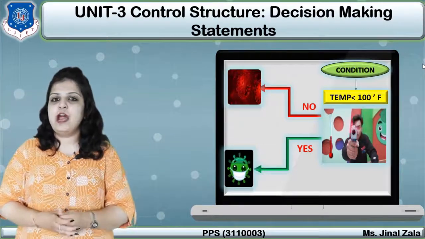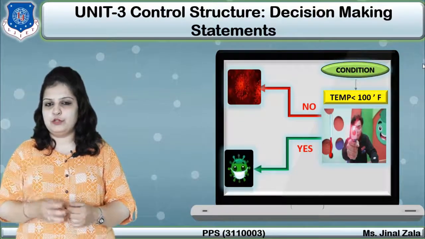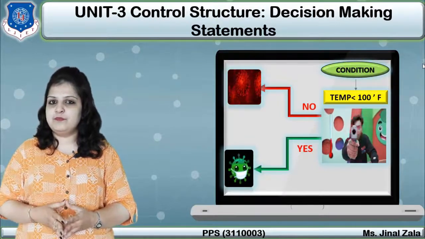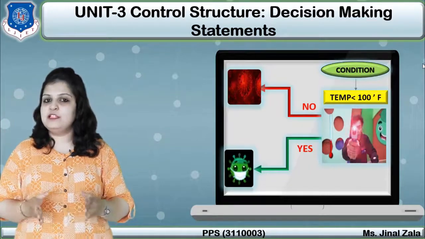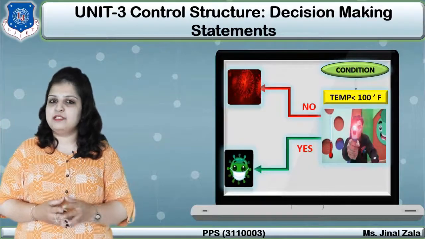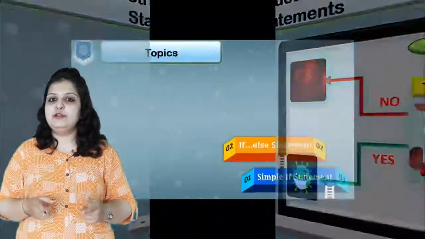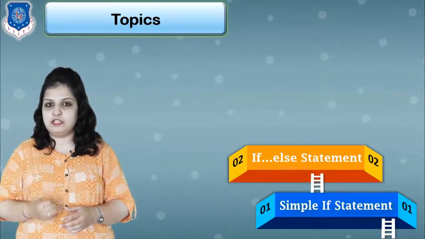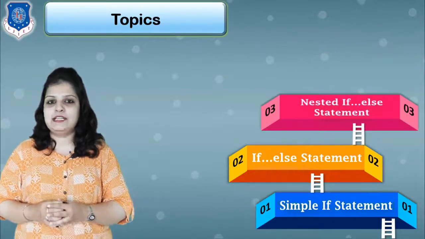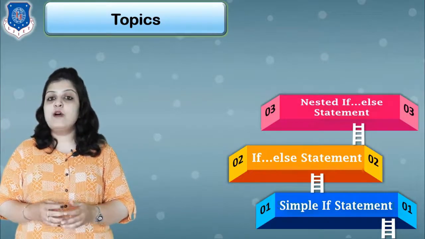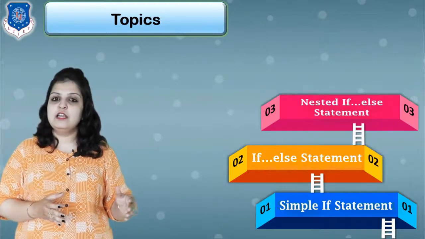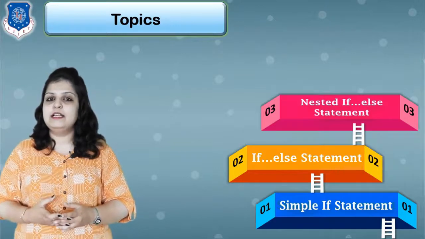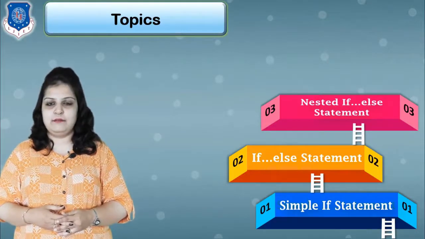In the previous video we had already started our third module, that is control structure, and we have to learn a total of 5 different types of conditional statements. The first 2 statements we have already discussed in that video. And today in this video lecture we are going to discuss our third conditional statement, and that is the nested if else statement. So when we have multiple conditions and all these conditions are dependent on each other, in that case we can use the nested if else statement.